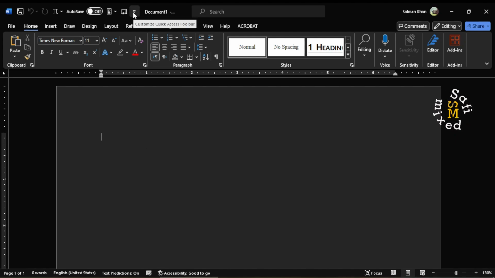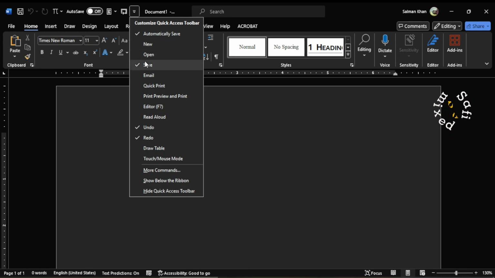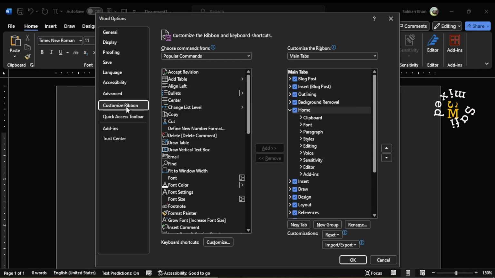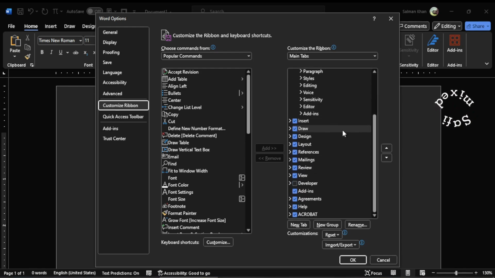It's quite easy. You first need to come to the Quick Access Toolbar and click on the drop-down menu to come to this list. And here, click on More Commands. You will come to this window. In the leftmost pane, click on Customize Ribbon, and then on the same window, in the rightmost pane, drag down